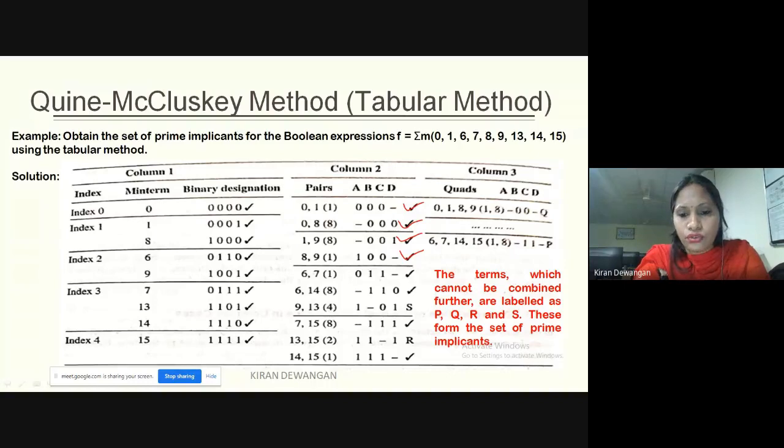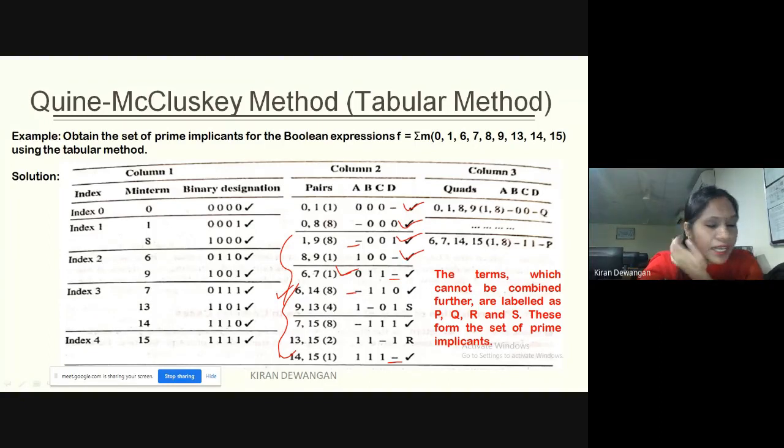Now we have to check with this group, इस ग्रुप में. तो हमने इसको ये चेक कर लिया. ये आपका कन्वर्ट नहीं हो रहा है, ये भी कन्वर्ट नहीं हो रहा है. Again we don't have any other option to check among these two, so we'll check with this. हम इन दोनों में चेक करेंगे. Now we'll check with the first one. ये dash position है 6, 7 and this is 14, 15 with the same dash position. Will it be converted to a quad?